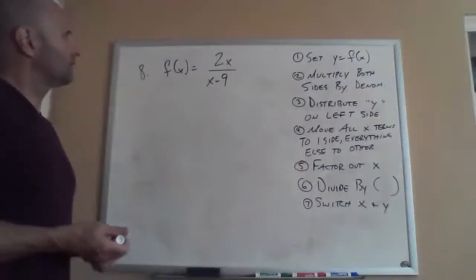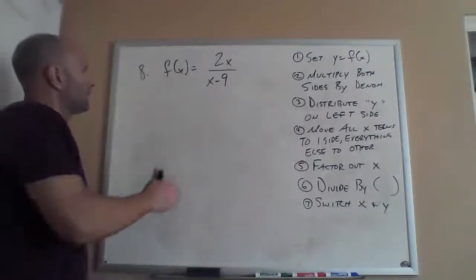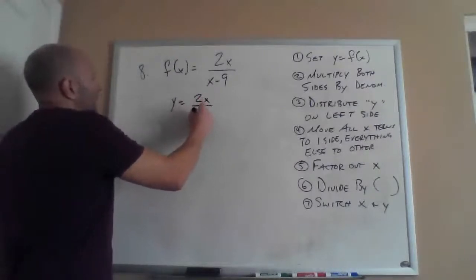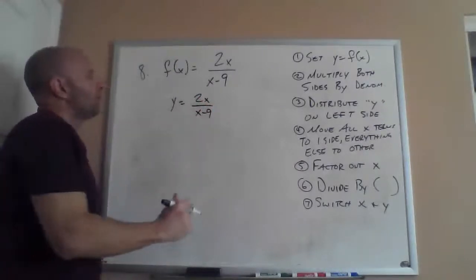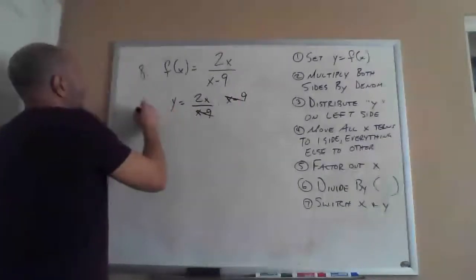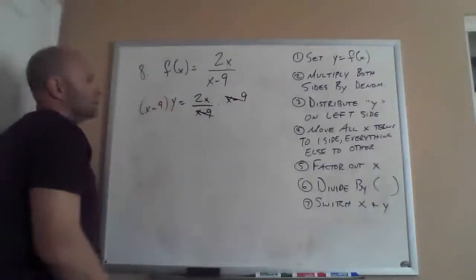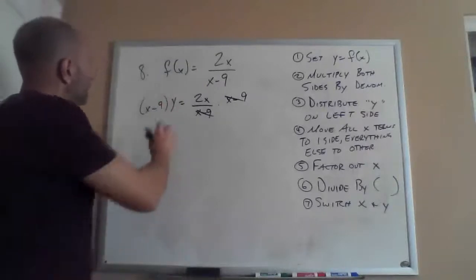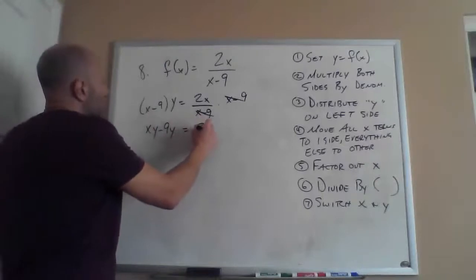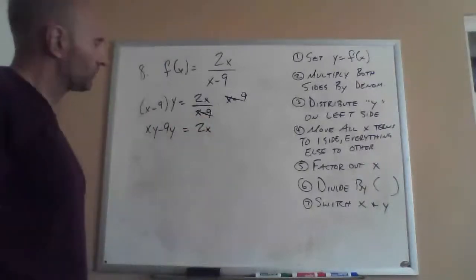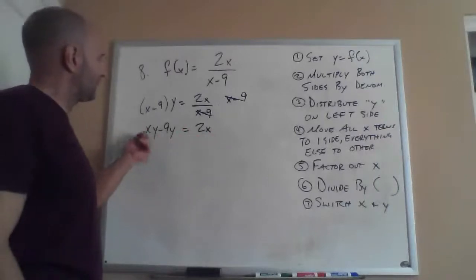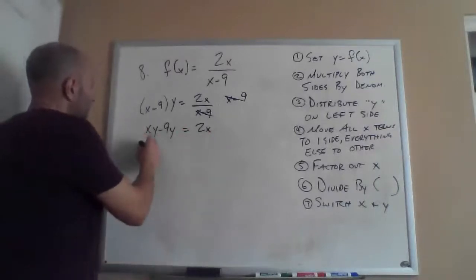All right, so let's look at this one. So again, we're going to put a y into the equation. So y is 2x over x minus 9. Multiply both sides by the denominator, the x minus 9. And now we have to distribute the y. So xy minus 9y is 2x. So here you have the option. You can either move all the x's to the left, or if you want to move the xy over,